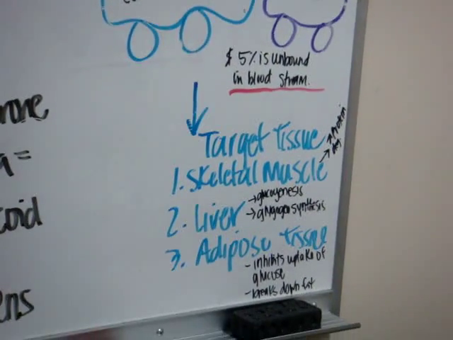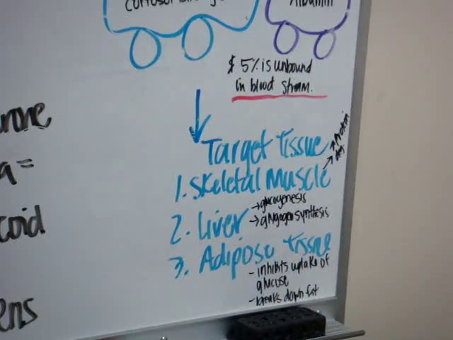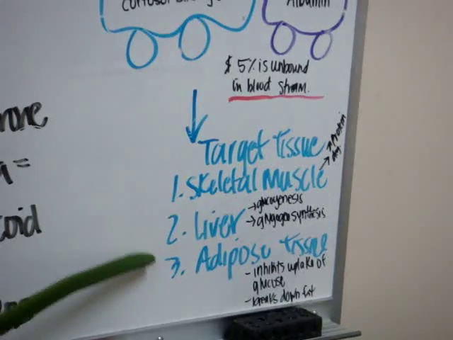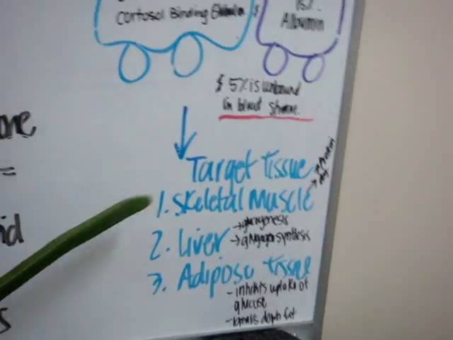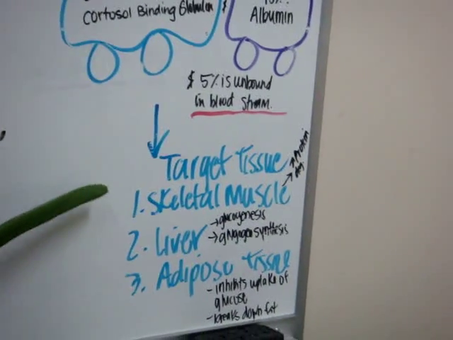The target tissues: the first one is skeletal muscle, the second one is liver, and the third one is adipose tissue. The first target tissue is skeletal